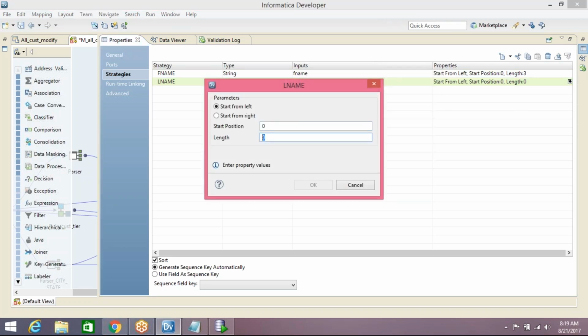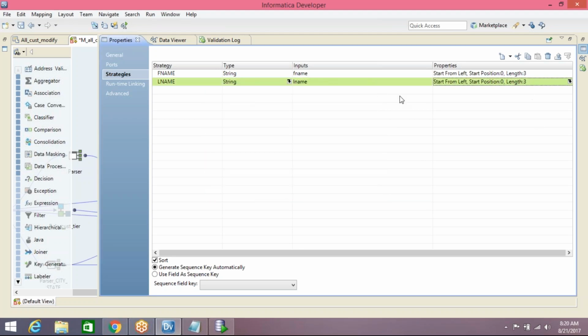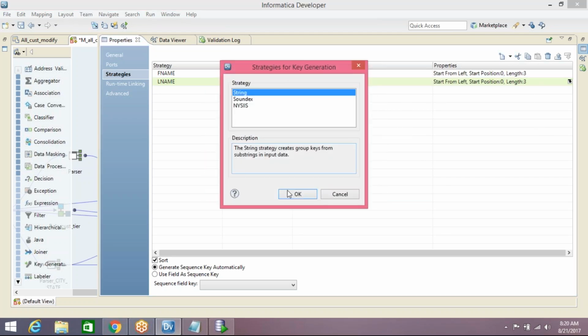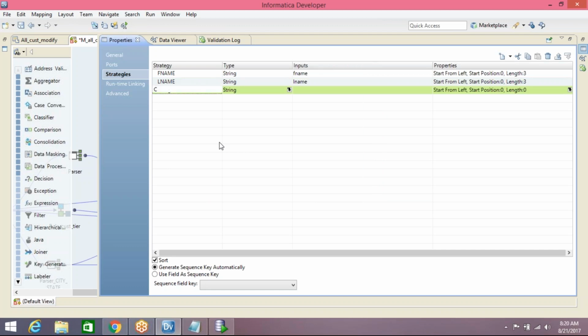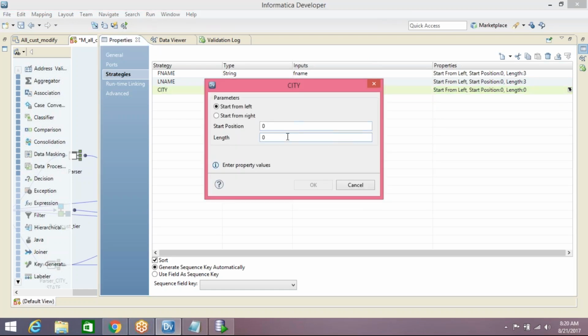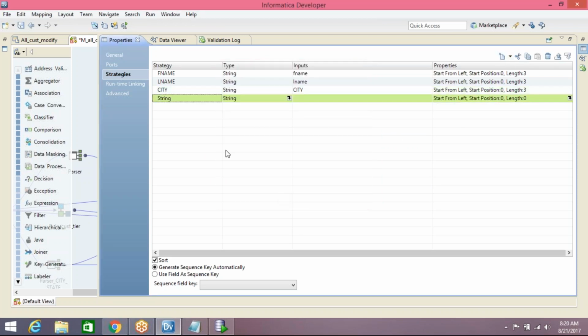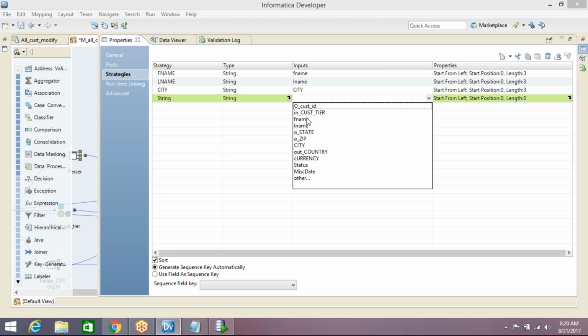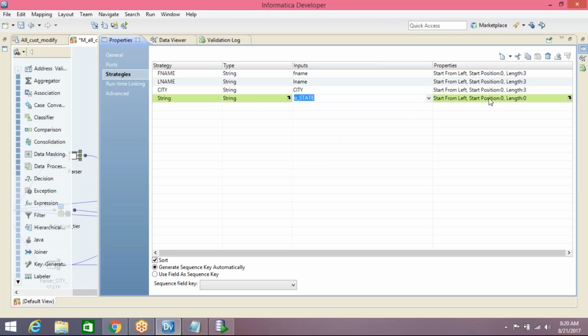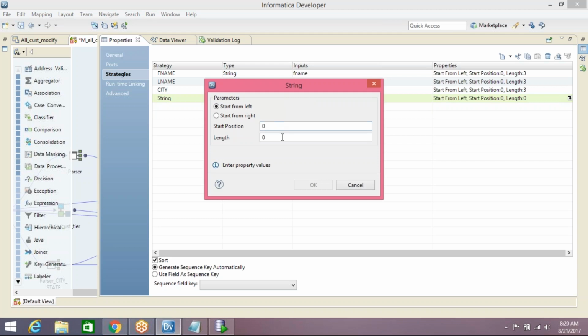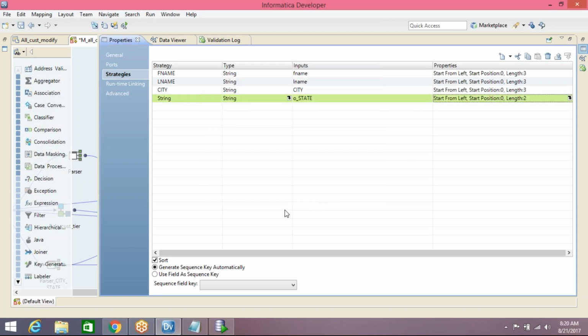I am taking 3. Okay, and the next city. City also I am taking 3 characters. This is input for city, also 3 characters. And last one is state. I want the state string, and we have only 2 characters, so 2 characters is enough. Okay,